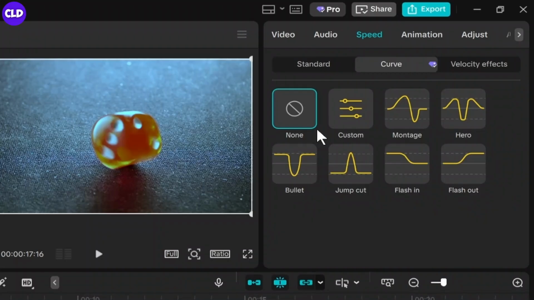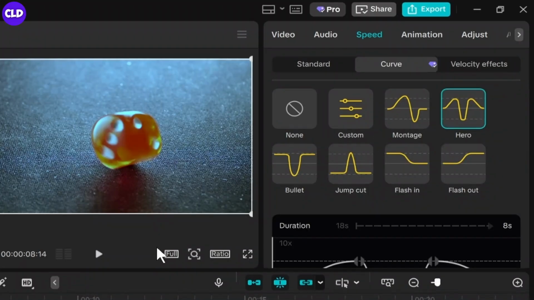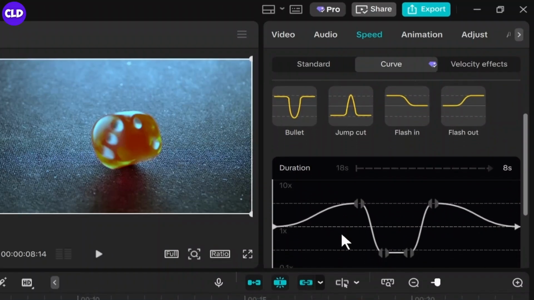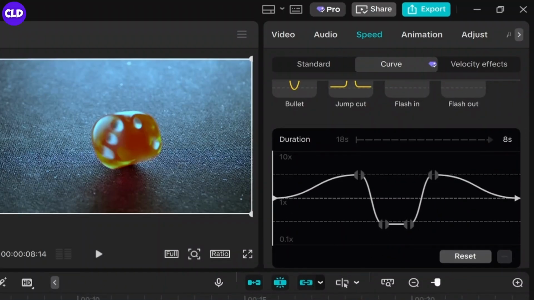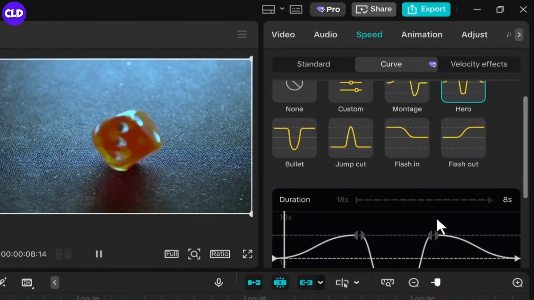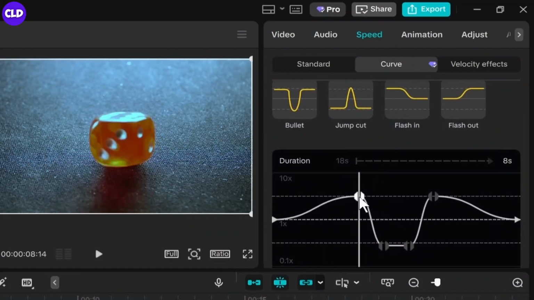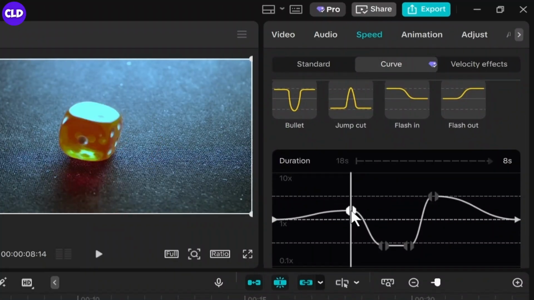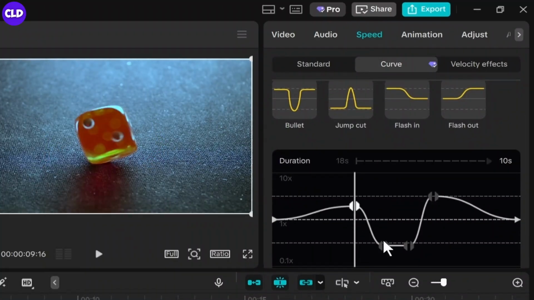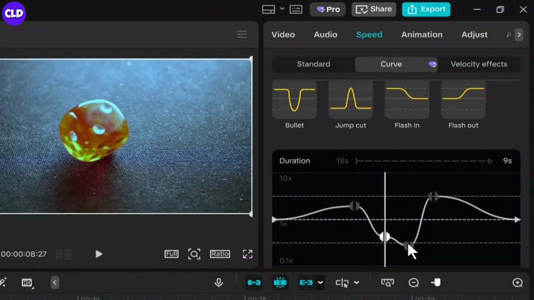Try clicking on a preset like Hero Moment. You'll see a curve graph appear at the bottom. This shows how your video speed changes over time. You can customize the curve by dragging the points on the graph. For example, drag the middle down to create a slow motion section, and the video will smoothly slow down, then